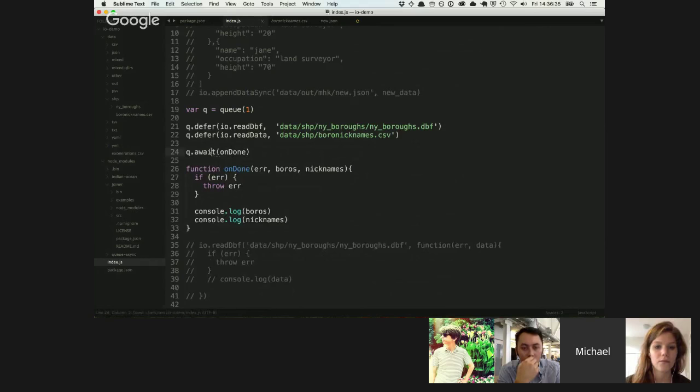You can think of it as await takes a function that it calls when it's done. If that's easier to see, or is that more confusing? That makes more sense to me. Okay, cool. You can also do, one of the small things is await all, and instead of naming out all of the arguments, they would all come back as a list, and so it'd be like results